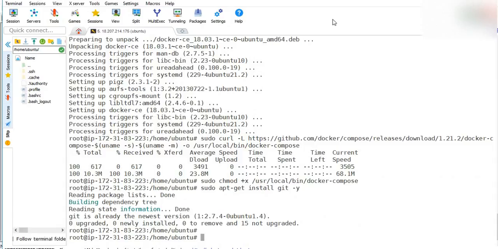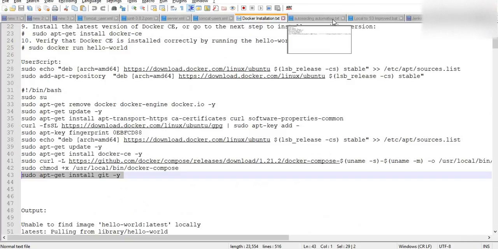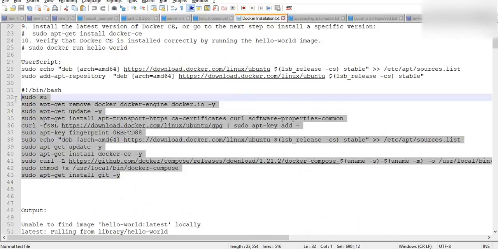These are all the things you need to do. I think it was already installed here, yes. That's all, nothing else. If you just put this in your automation script or your bash script, it is going to do everything for you. No need to put this in each time.